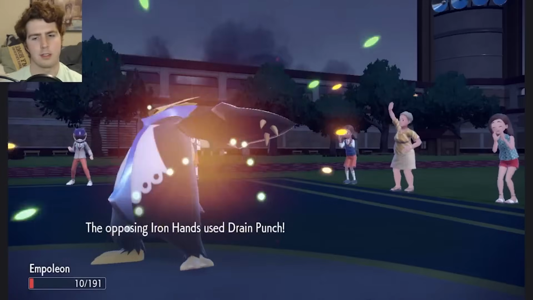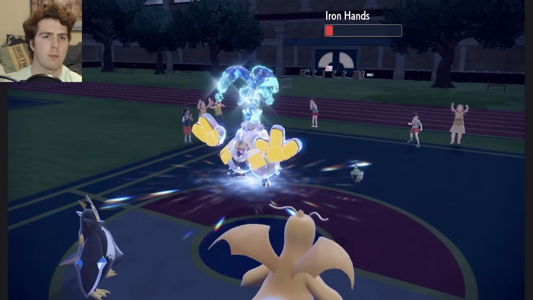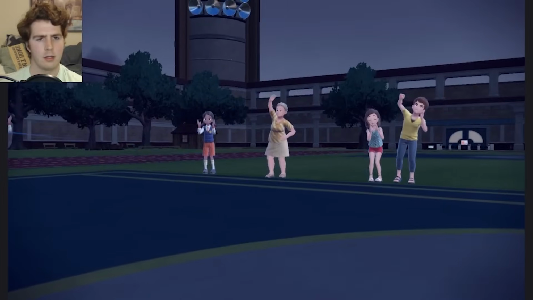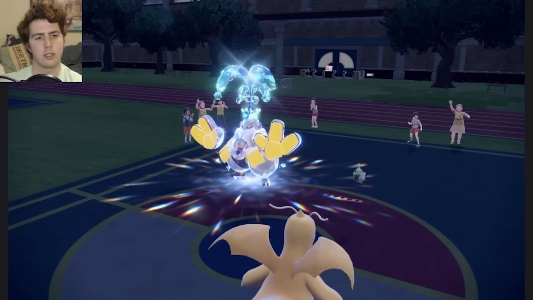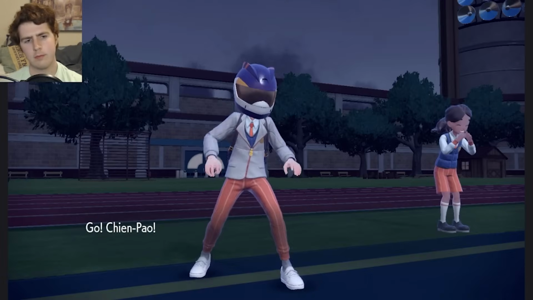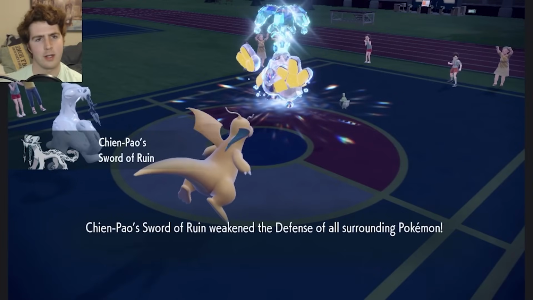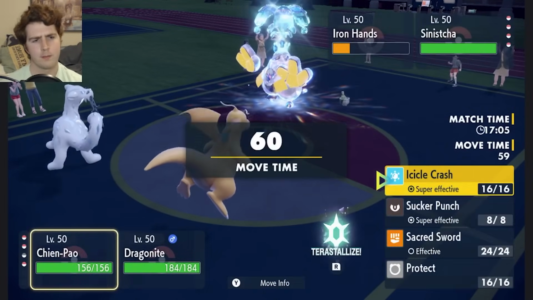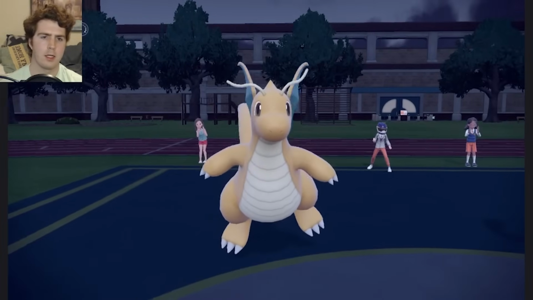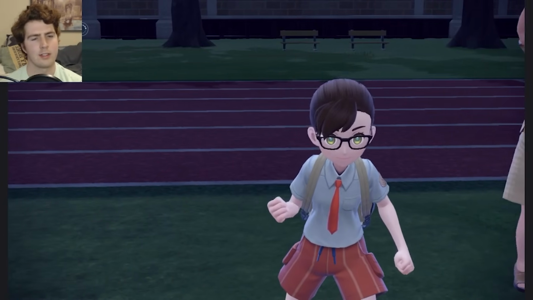Yeah, up to full for the Sinistra, and they do Drain Punch, unfortunately, but they're still in range of an Extreme Speed. And they kind of have to go for a Sinistra burn here, I think. Like, I can easily Extreme Speed Ice Spinner Crash the Sinistra, which I think is what I'm going to set up for here. Yeah, the Grass Knot coming in very clutch, otherwise the Iron Hands would be way too high HP to handle in this battle. But yep, we're going to go for that, and Extreme Speed, and unless they Ally Switch Sinistra, this should be okay. Because Rage Powder is not...